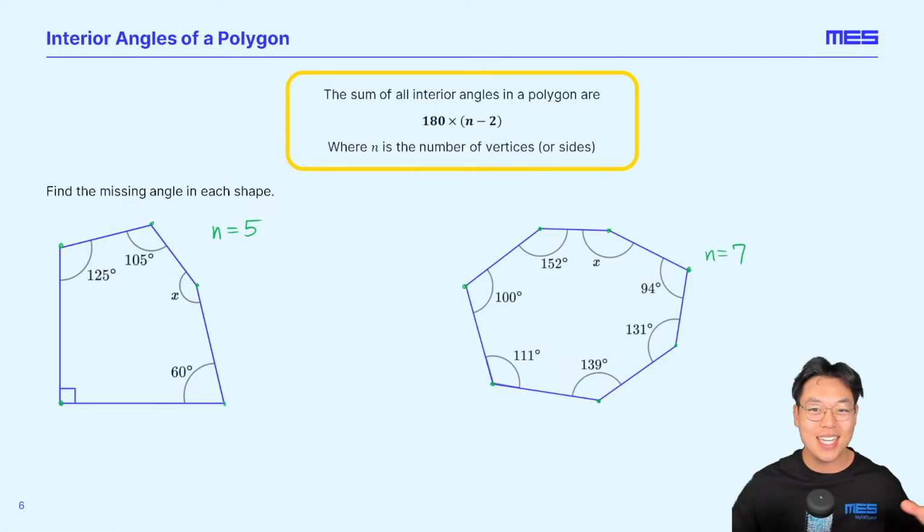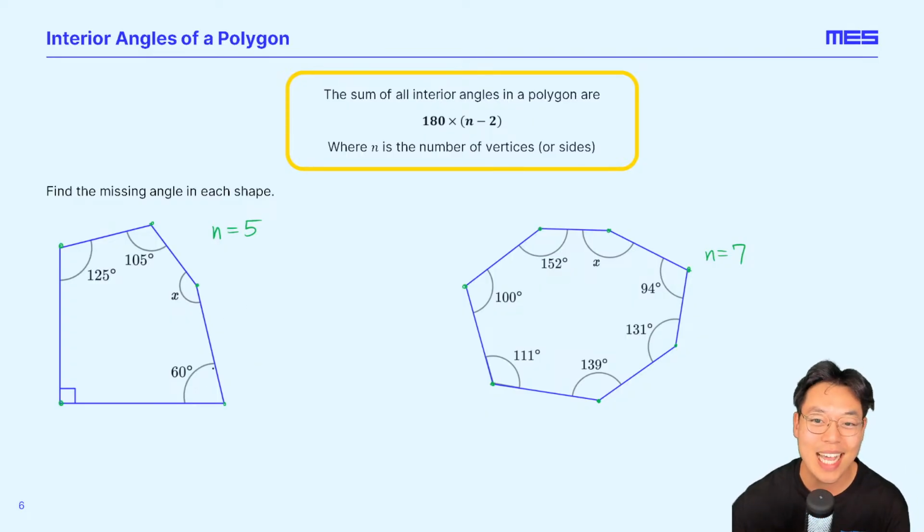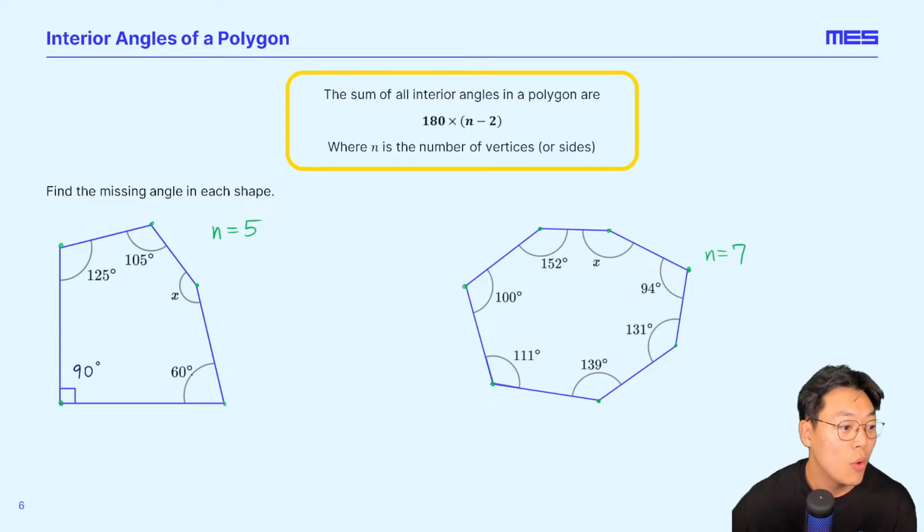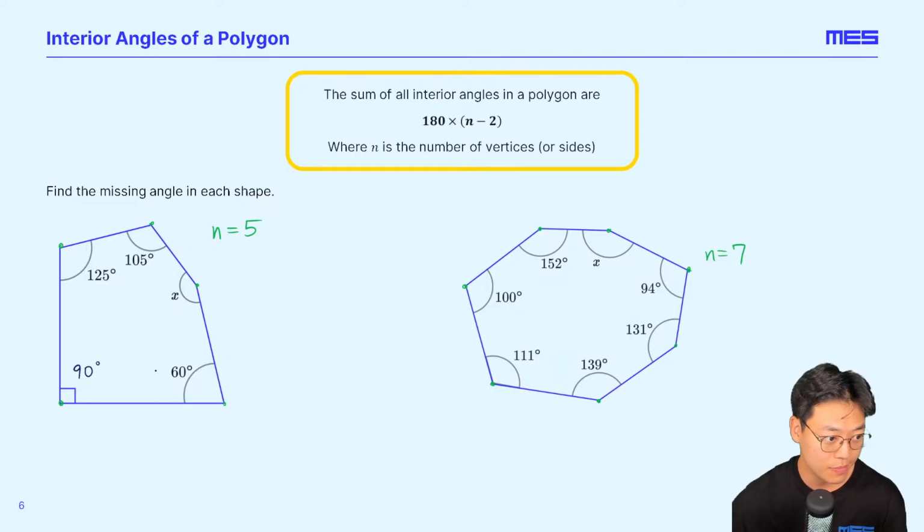Now comes the fun part, right? We've already counted. Let's start plugging in and doing some algebra. We know a right angle is how many degrees again? How many degrees in a right angle? In the chat. Because right now it's not represented here in the graph. We don't know it unless we know it, and we know it. Awesome. 90 degrees. So what we're saying here is we can add up all these angles and it